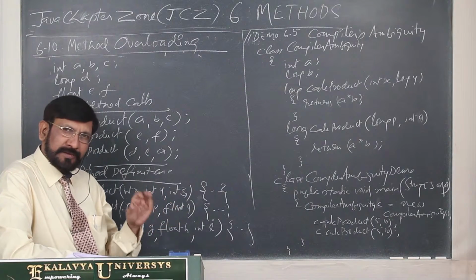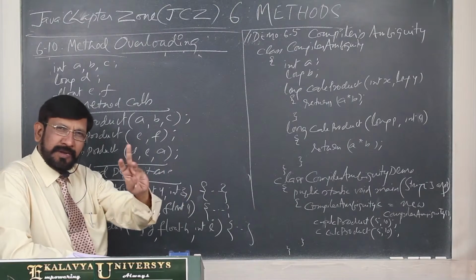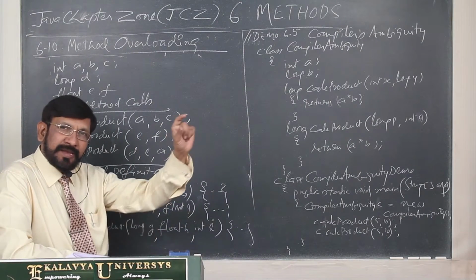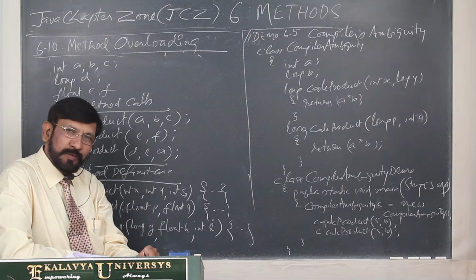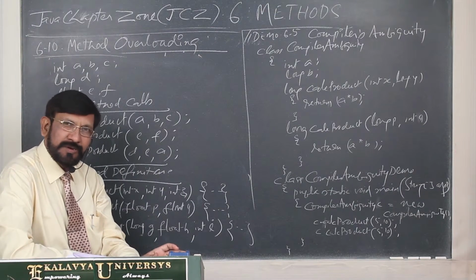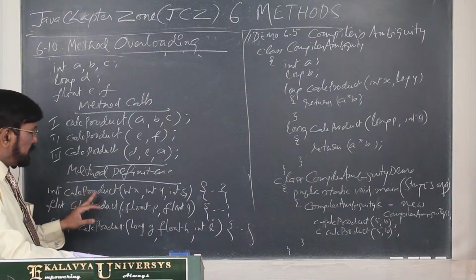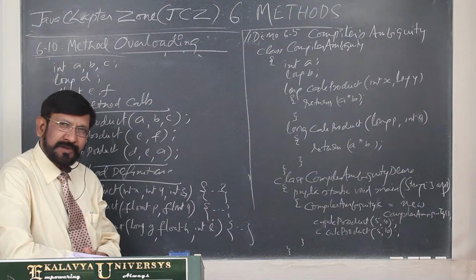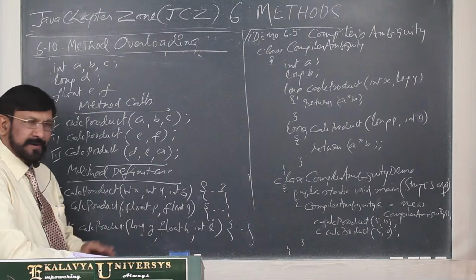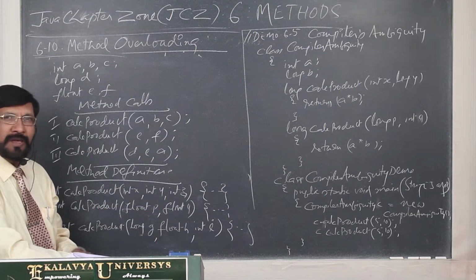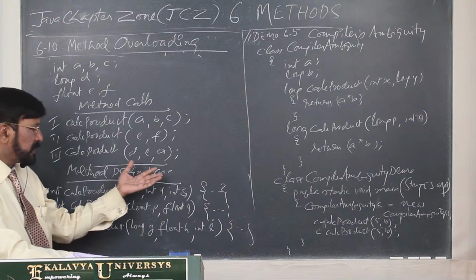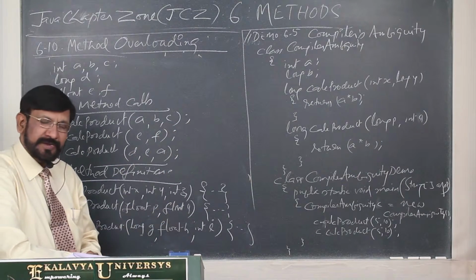Now already, as I told you, 3 Mohans are there. It is quite confusing, but their initials are different: A Mohan, K Mohan, S Mohan. There is no confusion at all. Here, the same calculate product method, 3 versions are there, but their signatures are different. So the compiler is never confused because of the uniqueness of the signature.